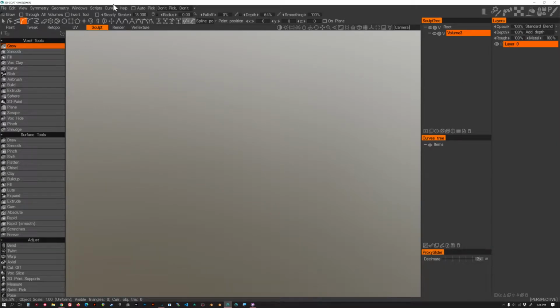Hey everybody, this is going to be a really quick video. I just want to show an interesting new workflow that you can do in 3D Coat. And again, from what I've seen, I don't know that you can do this in any other application really. Over the last couple of years, the developers have been creating these curves tools, and I think they're going to